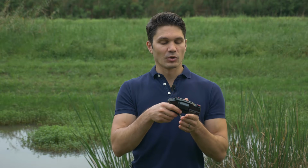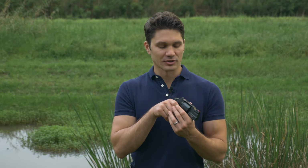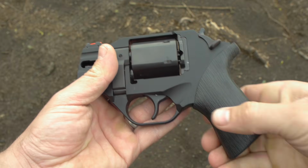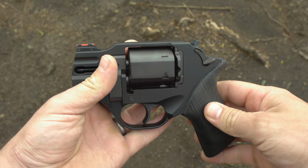In fact, it would be somewhat helpful if it wasn't the exact same color as the front sight post. So it can be a little distracting if you're trying to quickly acquire a target. Another issue I see is the fact that it's got a 2-inch barrel. While it keeps the gun pretty compact and easy to conceal, which is really the purpose of this gun, you